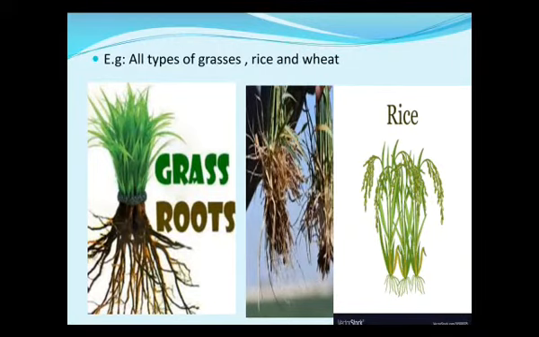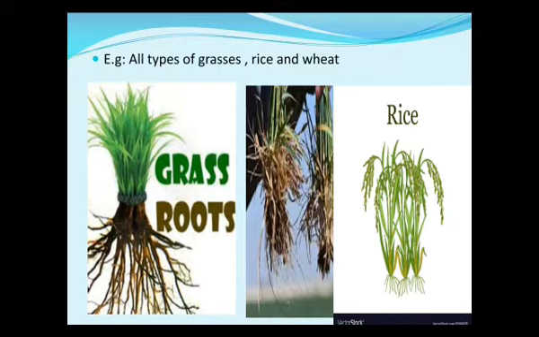Here children, I can give you one activity also. If you want to know the function of root, you can take two plants. Just take the plant with its root and take two pots, label them A and B. In pot A, you will plant the small plant with root, and in another pot you will cut the roots of the plant and then plant it there. Keep those pots in the sunlight and observe them after 3 to 4 days. You will keep giving water to both the plants in the usual manner.